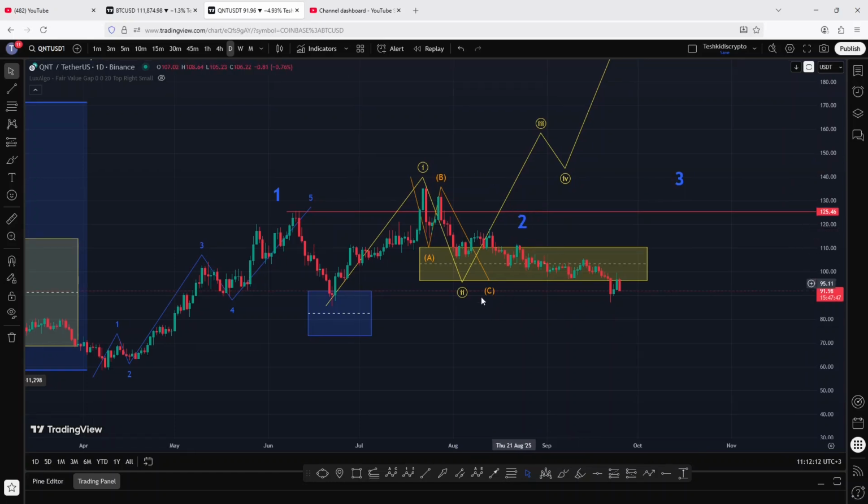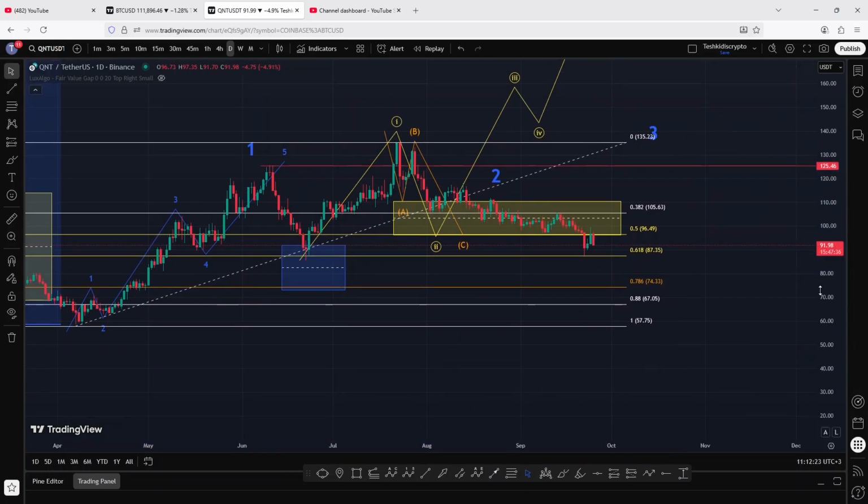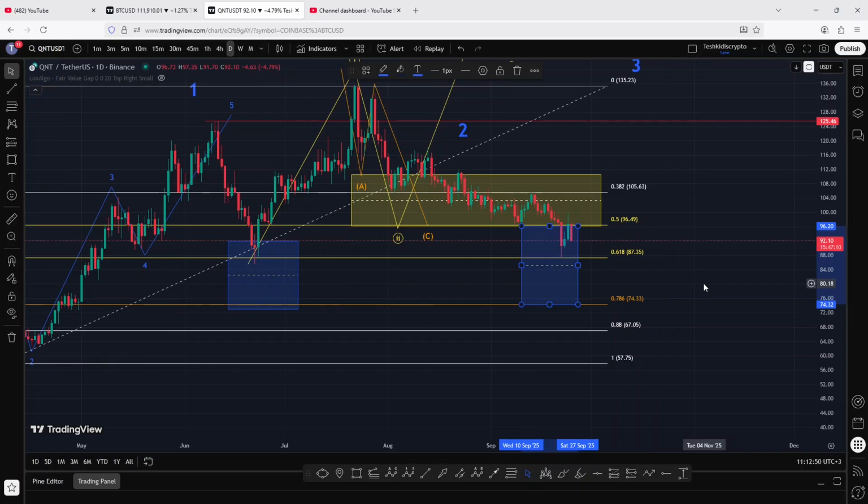And if that is the case, then using the Fibonacci's, connecting the fibs from the lows we made down there to the highs, then we get a minimum pullback target area for that second wave between the fib level 0.5 and the 0.78, and that is between the 96.49 USDT mark all the way to the 74.33 USDT mark. And I can change the color of that target area. So in case we continue breaking down, I will expect support between the 96.49 and the 74.33 USDT mark in